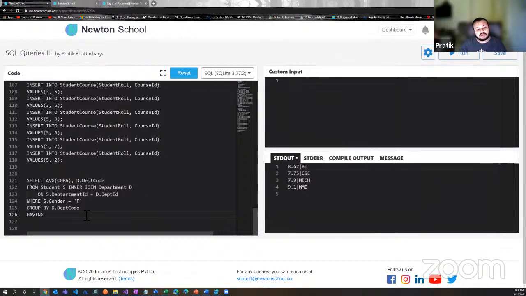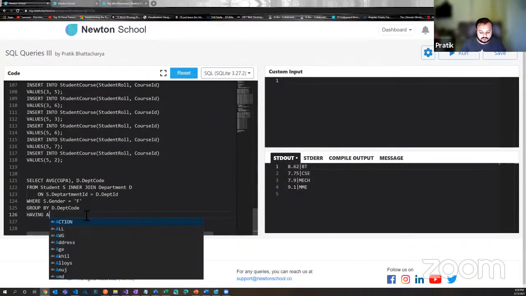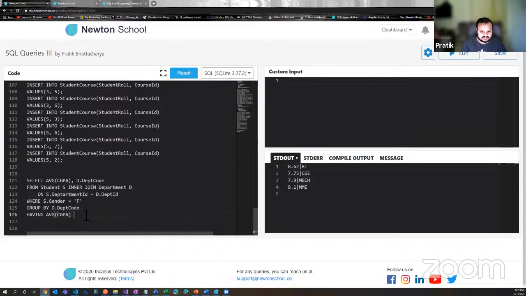So having and where are both almost similar, but the only difference is the having clause applies the filter after the aggregation is over, and the where clause applies the filter before aggregation is done. Before you can select which rows I want to aggregate on, that is where the where statement comes into the picture. And the having statement comes into the picture when aggregation is already over and now you want to do some filtering based on the aggregated results. So now here I have to say having average CGPA is greater than or equal to 8.5. Now if I go ahead and run this query,